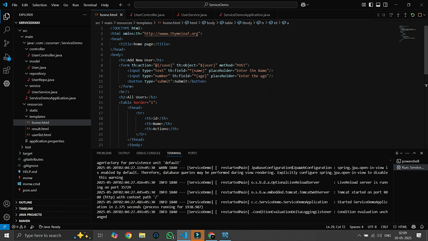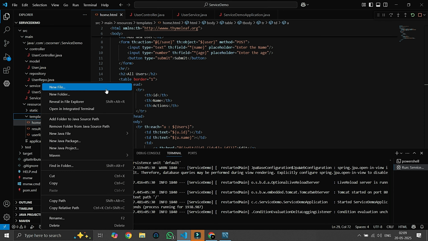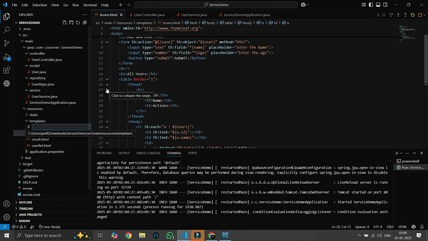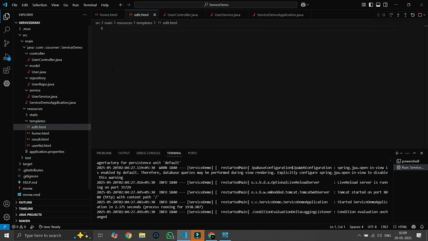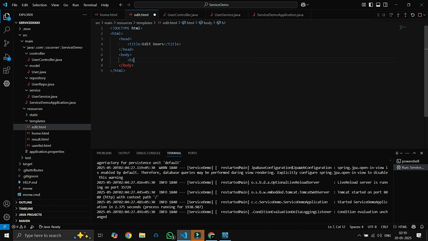That's enough for this. So now we will come to our controller. First of all we need to create another file or template named edit.html for editing our users. So here we will give one heading, say edit user, and we will create one form, th:action equal to